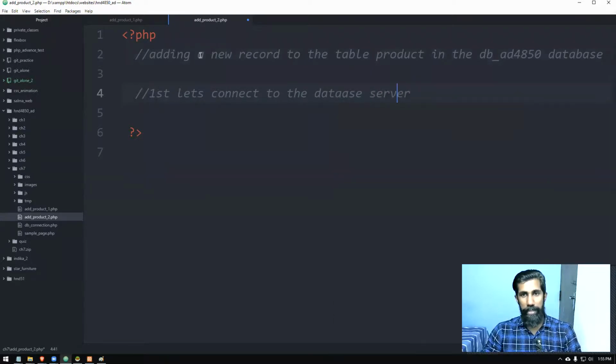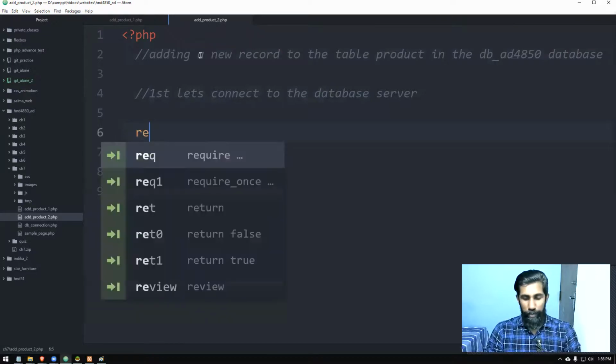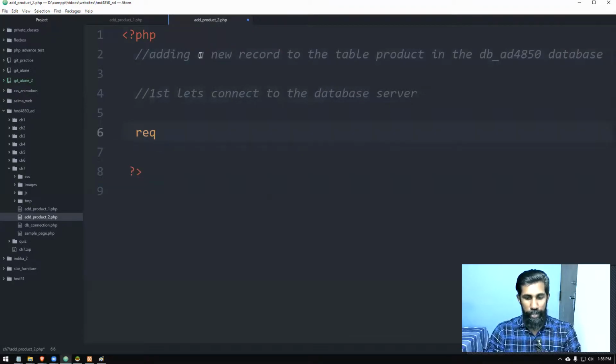First, we have to get ourselves connected to the database server. So in order to do this, children, I am not sure whether we did this one earlier. Require and require once, I think we did that file. Did you do that? Require command. Great, sir. All right, cool. So I'm going to just use require. It's a must. This file should be there.